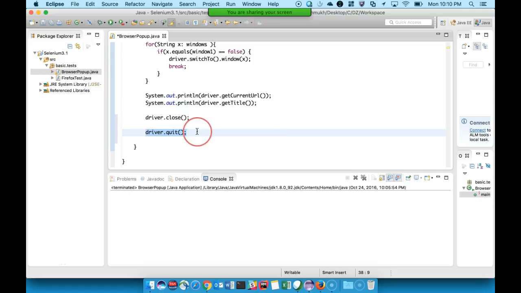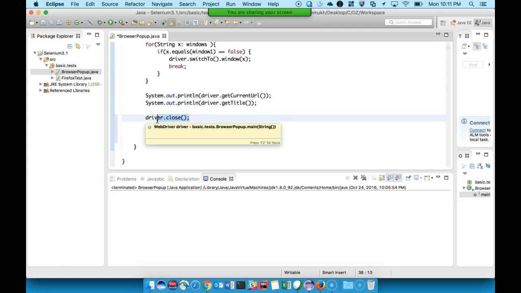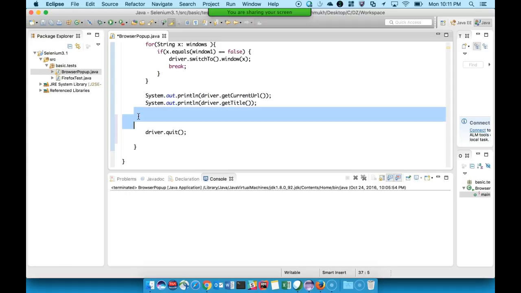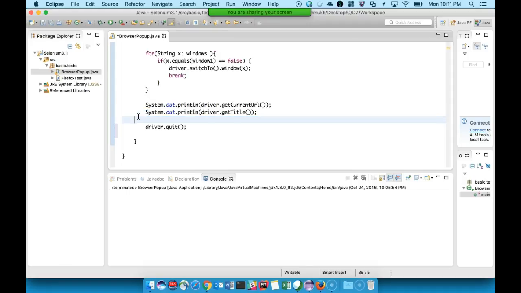It will quit all the windows which are opened by driver, not other browsers which are opened manually. And close will close only the active one. But now it doesn't matter because from Selenium 3 this method is no longer there. So whenever we use quit, it will close all the browser windows which are opened by driver.